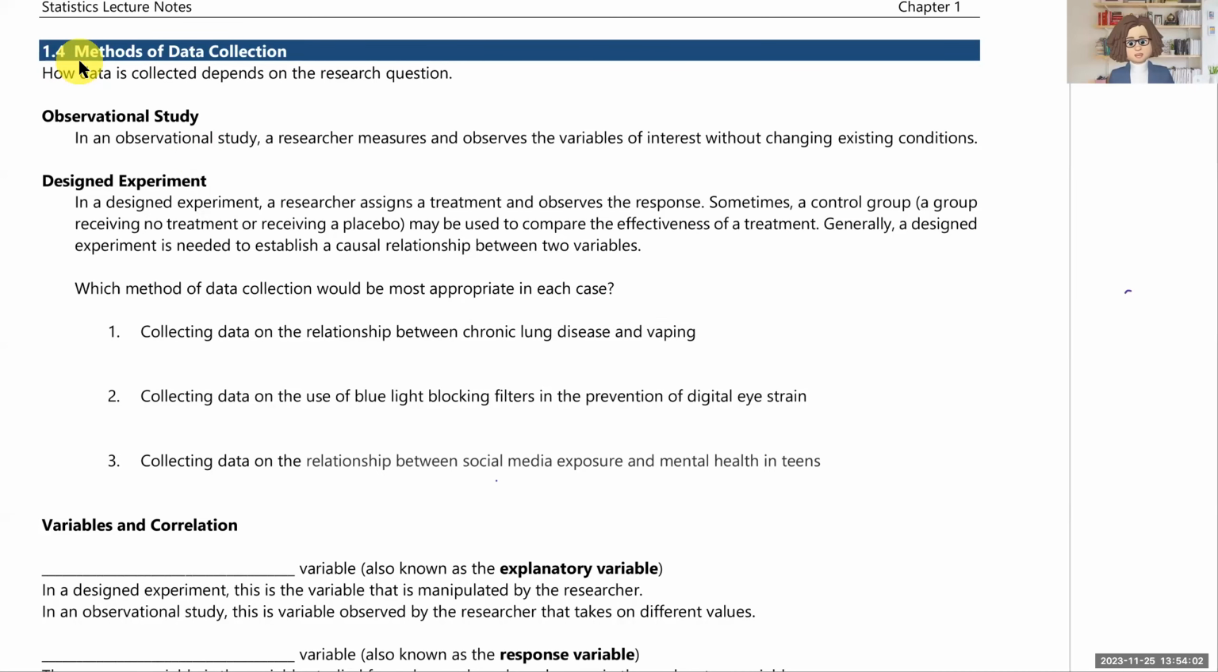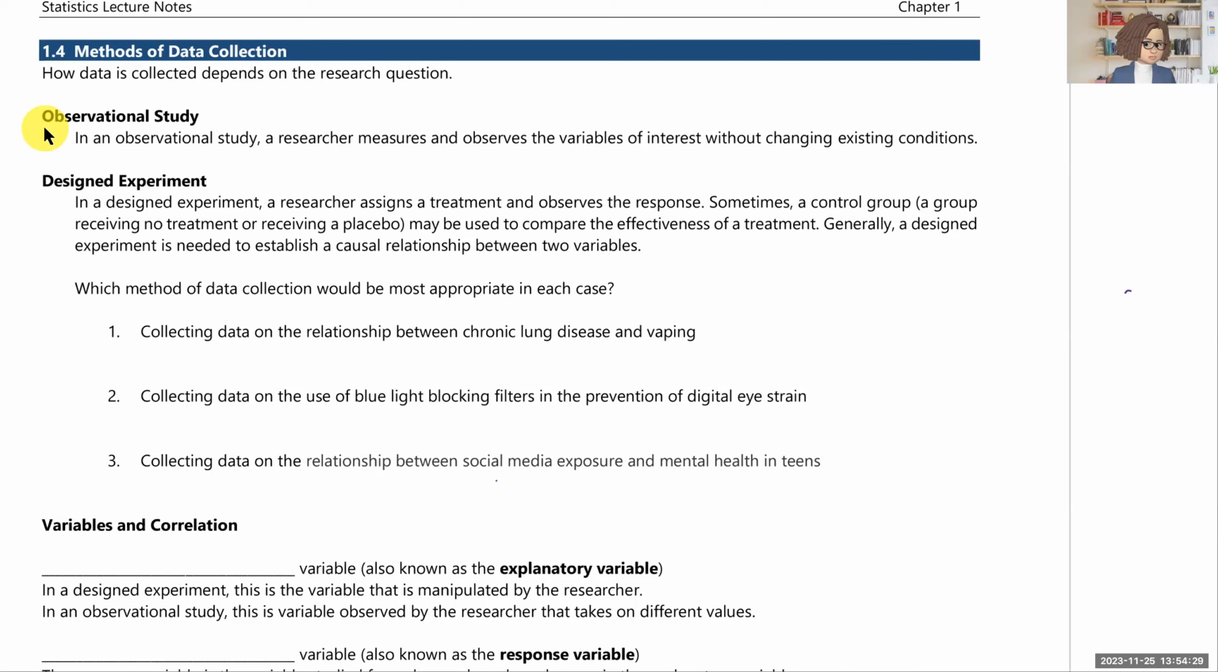Welcome. In our last section here, we talk about methods of data collection, and there are essentially two methods, and the one that is chosen would be based on the research question. So an observational study is a study in which a researcher measures and observes the variables of interest without changing the existing conditions. So essentially, it's the researcher just sitting back and watching the world around them to try to